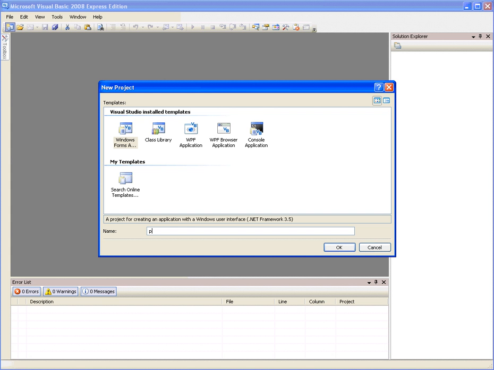So PRJ for project. And I'm going to put adder. Let's put first adder. And to do this, you capitalize each word, but there are no spaces allowed in names. So F-I-R-S-T, first A-D-D-E-R, first adder. Notice how I capitalize. This is called Hungarian notation, or it's called camel notation. So there's a lot of names for this type of notation. I'm going to click OK,